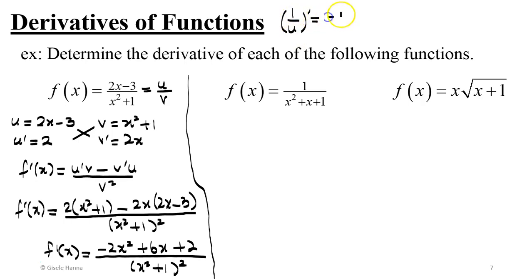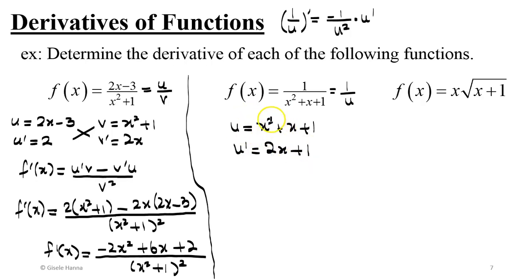where 1 over x has a derivative of negative 1 over x squared. If it's 1 over u, it's negative 1 over u squared times u prime. You'd really need to practice the rules of derivatives here. So if I look at this as 1 over u, u would actually be x squared plus x plus 1. So u prime would be